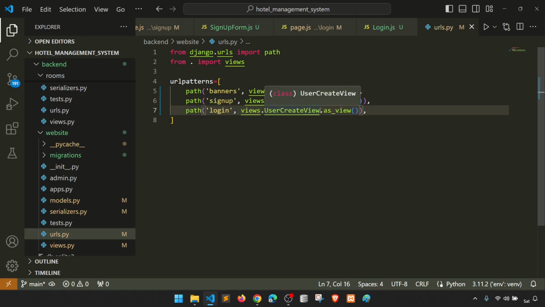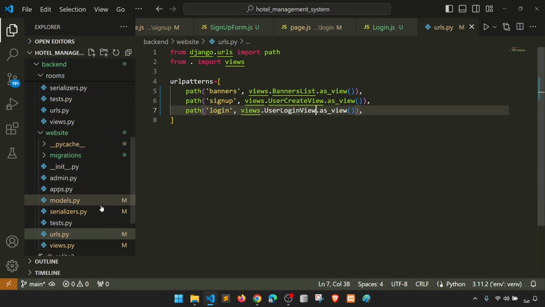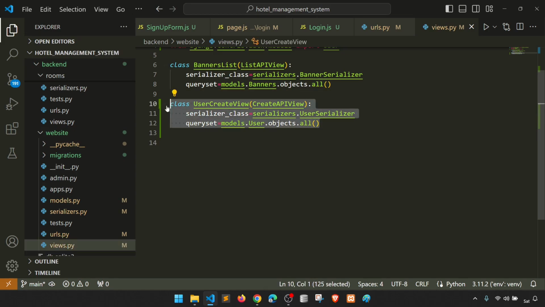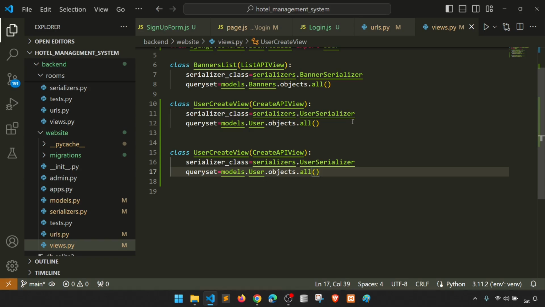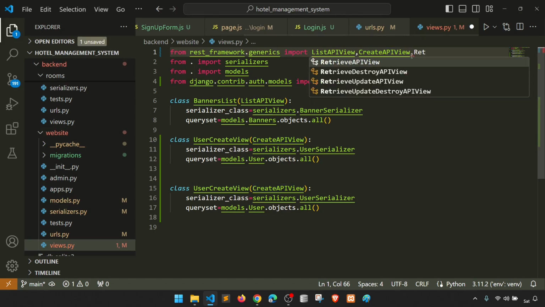And here we will say, okay, so let's say user login view, right? And we'll open the view, and here we have, we'll go to, we just need the retrieve method, right? So here retrieve API view,